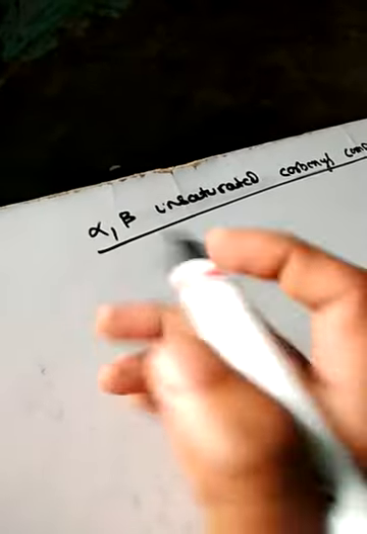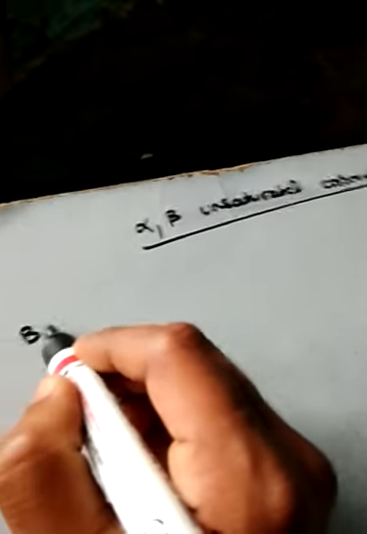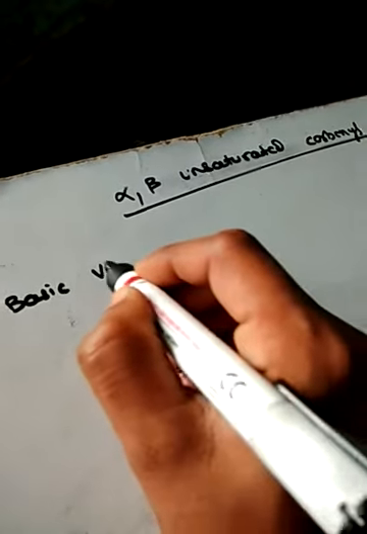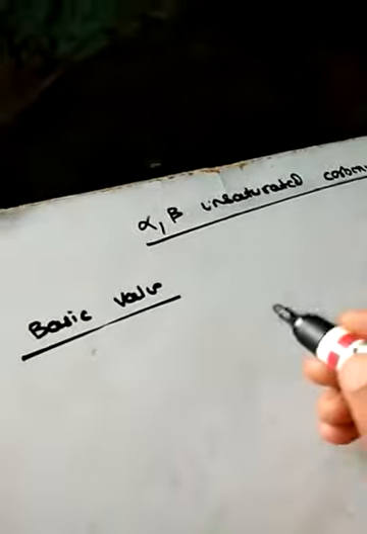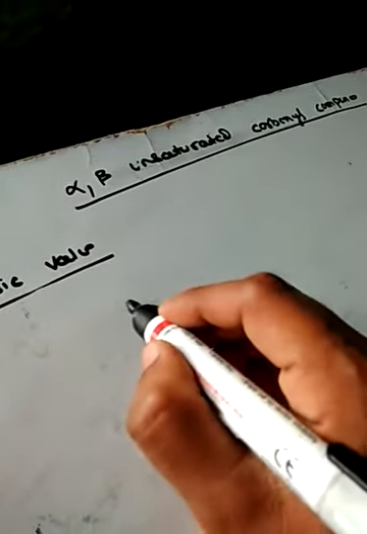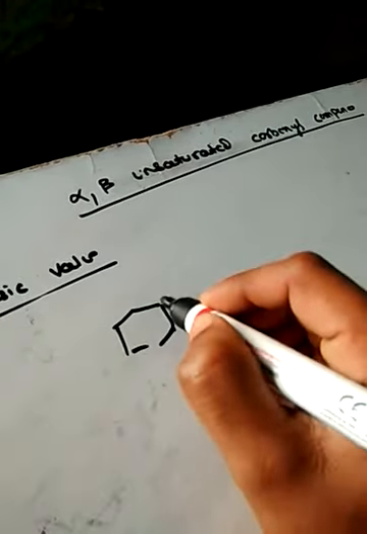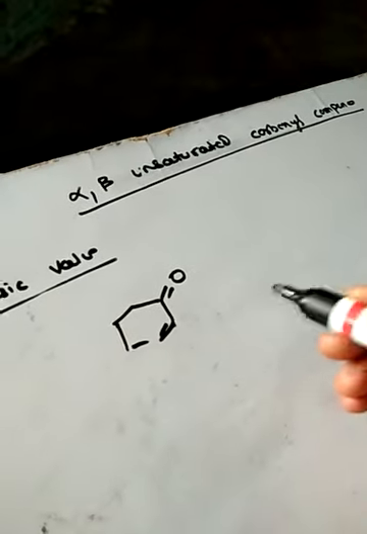Calculation of lambda max for alpha beta unsaturated carbonyl compound. We have to find out first the basic value, in case of a six-membered ring, or